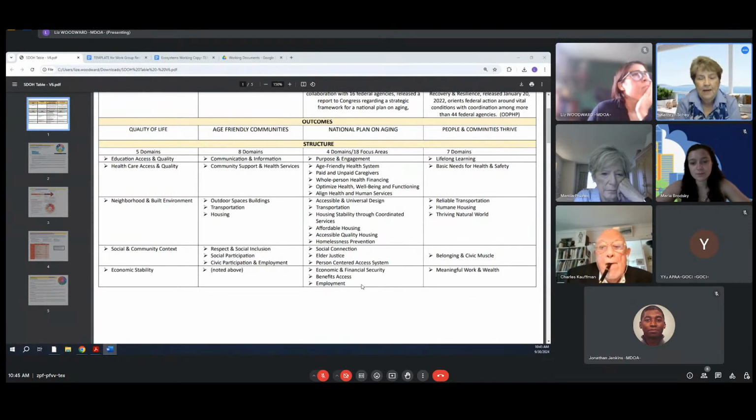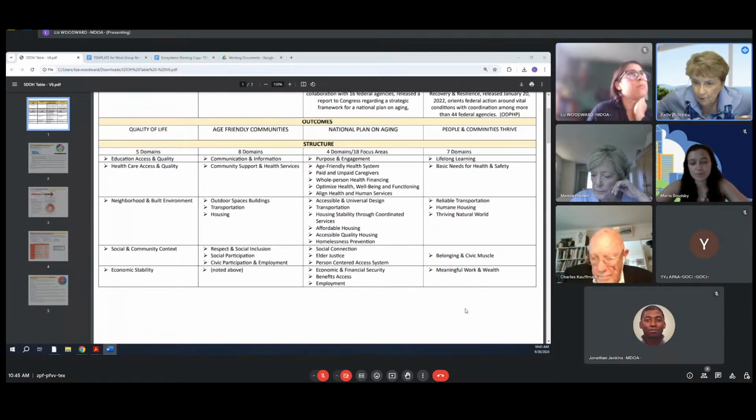Anyway, there's a lot of funding streams out there, not only the John A. Hartford Foundation, but Trust for America. ACL has how many partners? Maybe 16 federal partners already, and this Recovery and Resilience has 44 federal partners. So lots of opportunity for funding.